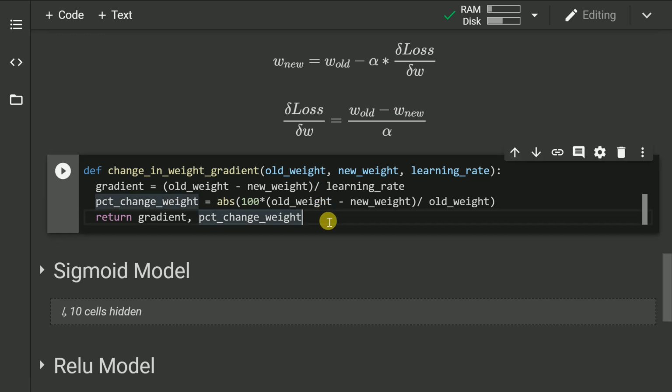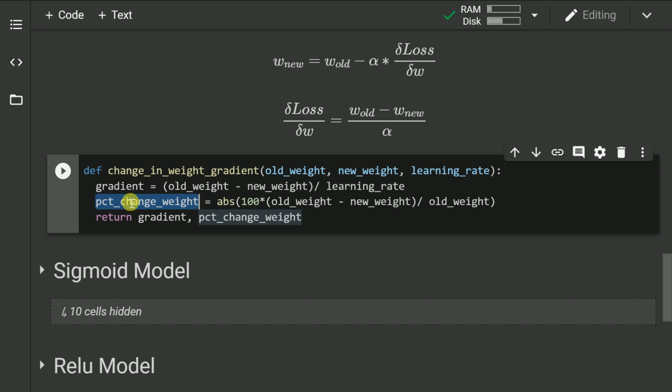So this is what I've tried to implement in this function as well. It accepts three inputs. The first input is your old_weight. The second input is your new_weight. And your third input is learning_rate. Now I calculate the gradient using the above formula and save it into a variable called gradient.